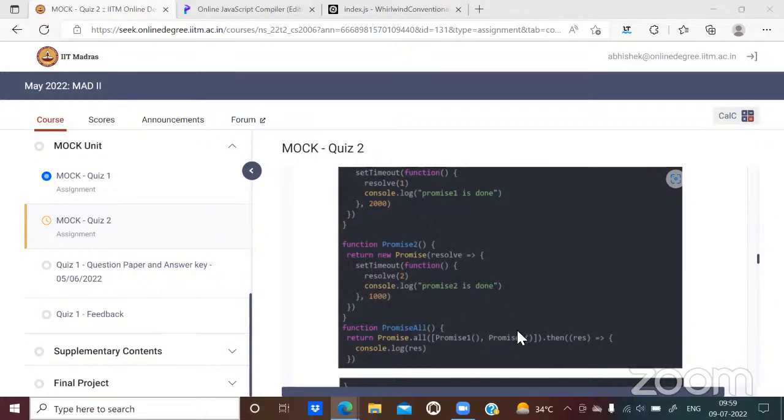If all of these promises are resolved, the very first element in this list is going to be the output or the message returned by the first promise in this list, that is promise 1. It does not matter whether it resolved first or last. The output that this promise generates is going to be the first element in this list.